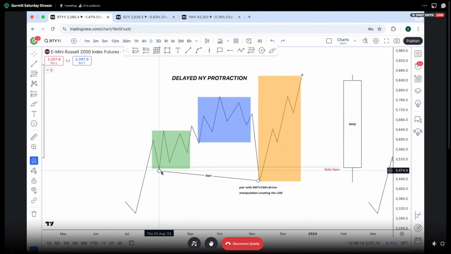And you're also going to line that up with the small opposing run, right? And the SMT. And what this also does is, when price leaves the daily open, what is that doing? It's eliminating the possibility for a bearish expansion candle. So when you see price come back, it's going to look something like this,